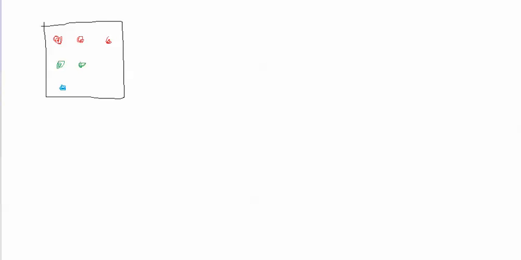So when you write out the probability of red, you write it out like this. It would be P(red)